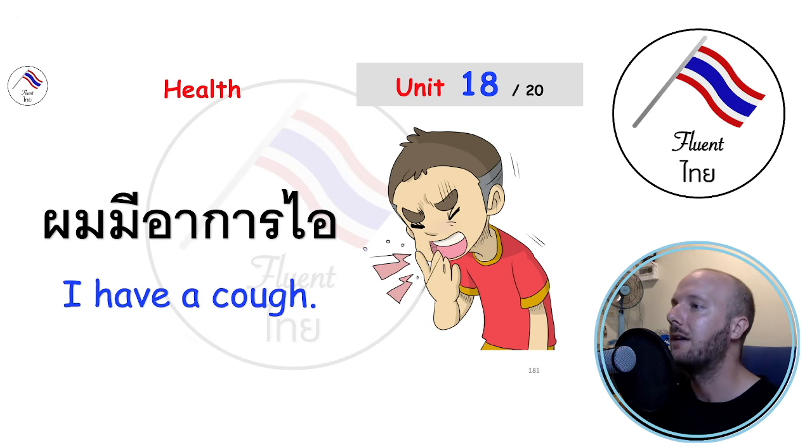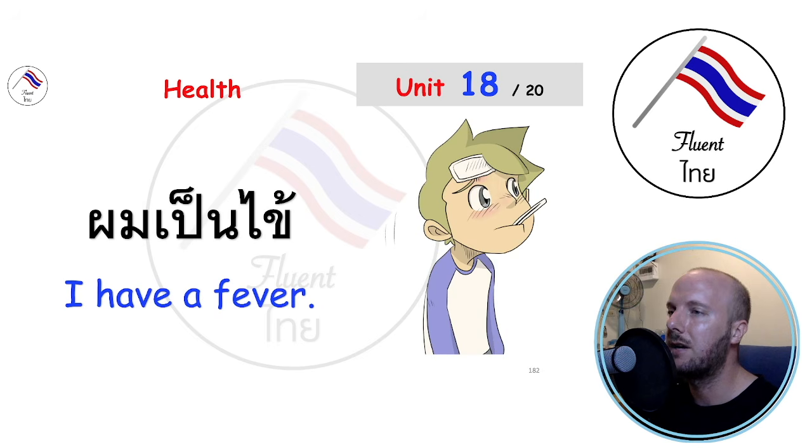You could just say ผมไอ. If you were the doctor and she said มีอาการยังไงบ้าง, what symptoms do you have, you could just say ผมไอครับ. You just say, I'm coughing. You don't have to say these set phrases all the time. I have a fever. ผมเป็นไข้